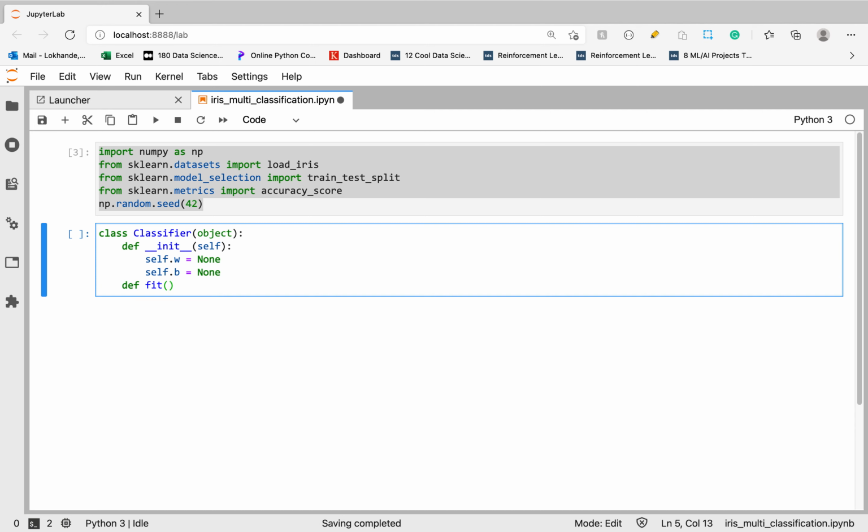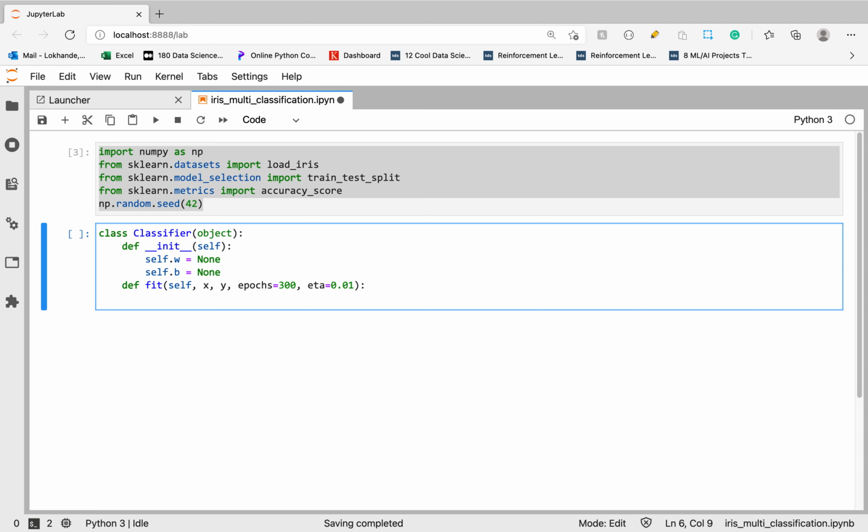Now let's write a fit method. This method is responsible for calculating the optimal weight as well as bias. The first argument is self, then x, y. X is our input feature, y is our target variable, and epochs, initially 300, and learning rate is eta.